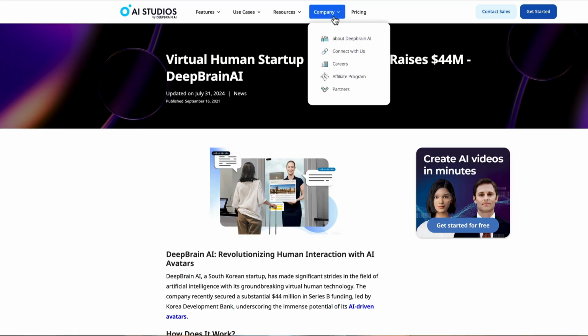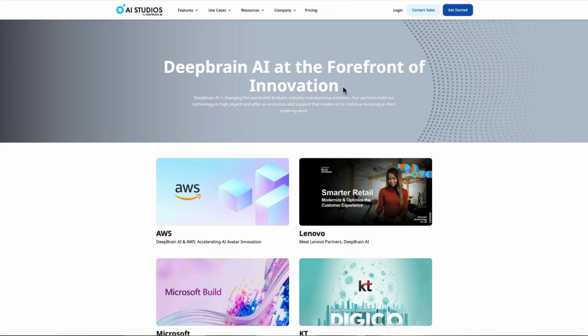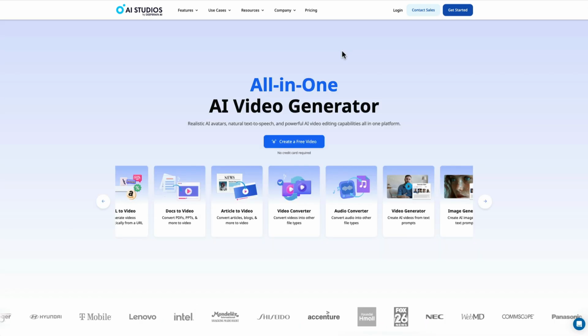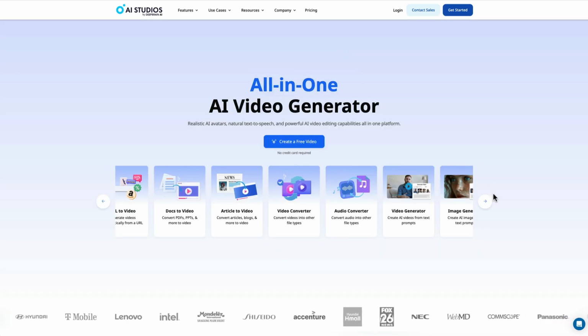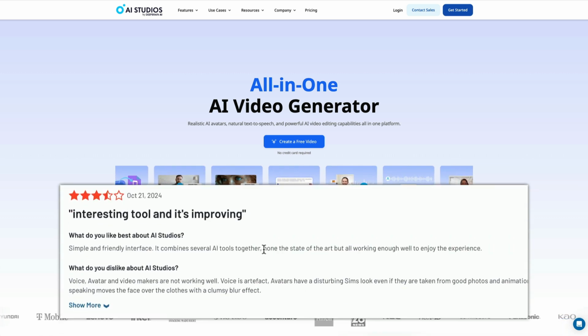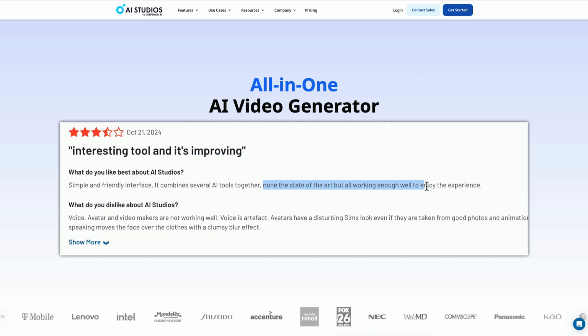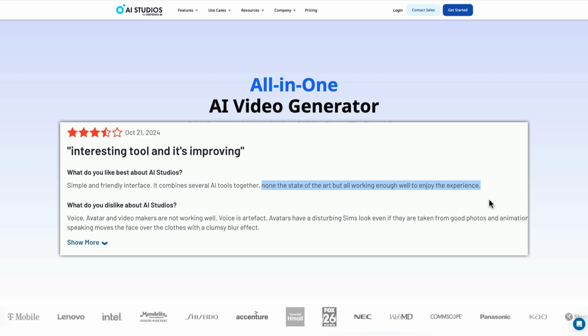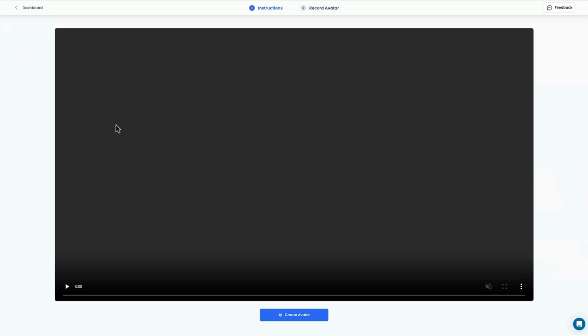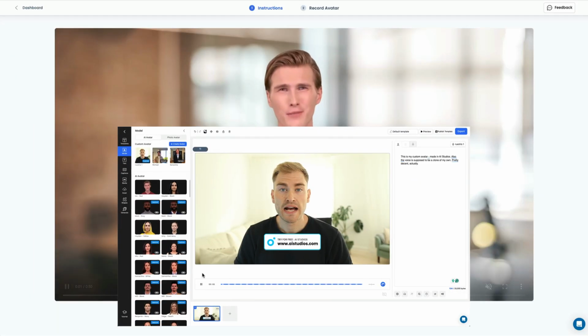$44 million. And they are also really great at partnerships. Lenovo, Amazon, Nvidia, Microsoft. They may also be very good at consolidating tools, combining many into one. As one review on G2 says, none of this is state of the art, but they work well enough to enjoy the experience. The tools are Custom Avatar, where you upload a video of yourself and they make a digital